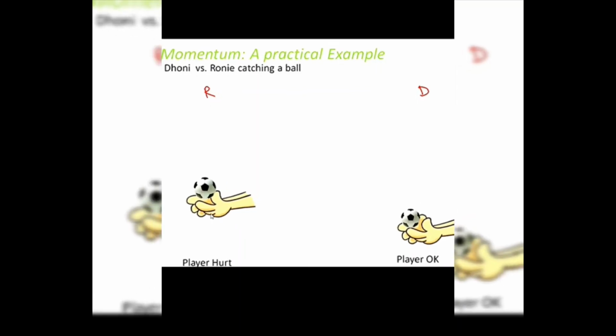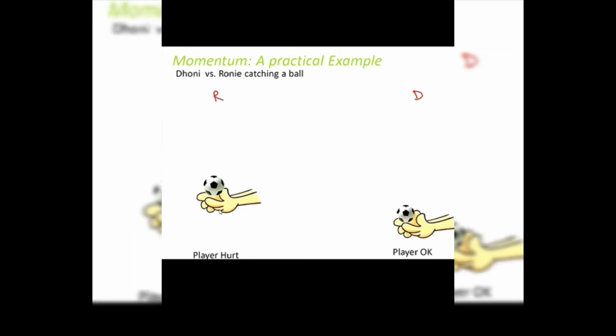So these are some of the things which happen in our day-to-day life. Even a cricketer who uses this technique to catch a ball, I'm not sure if he knows the concept of momentum or not. There are so many things which keep happening around us in our day-to-day life, but we are not aware of the concept behind them. Okay, so with this you got a fair idea of momentum. What is momentum? It is the product of mass and velocity, and force and momentum are very closely related. As the change in momentum increases, force also increases.